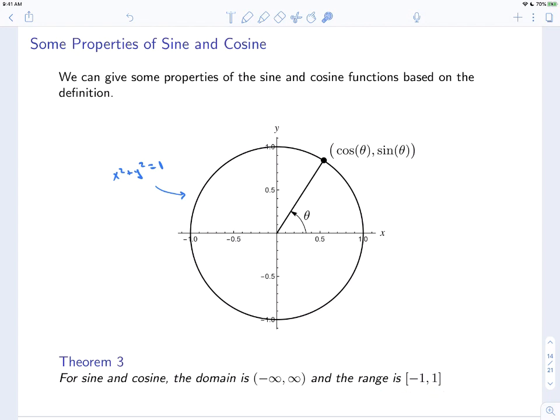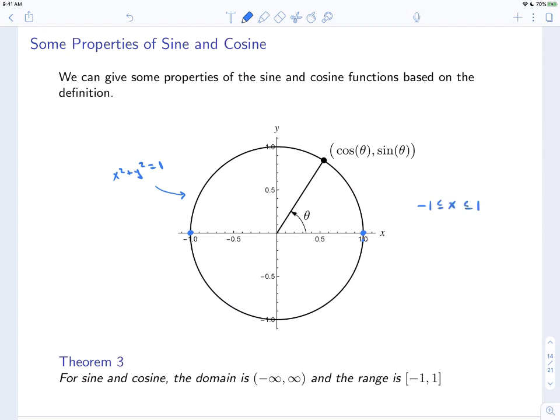The range is the set of all real numbers between -1 and 1, because if you look at the graph, you can see that these are the largest values you can get for x or y on the unit circle. Let's look at cosine theta. Cosine theta is the x-coordinate. The x-coordinate is how far to the right you go and how far to the left you go. That will give us the range of cosine. So you can see that the smallest possible value of x is right here, where x is -1. And the largest possible value for x is right there, where x is equal to +1. So you can see that -1 is less than or equal to x is less than or equal